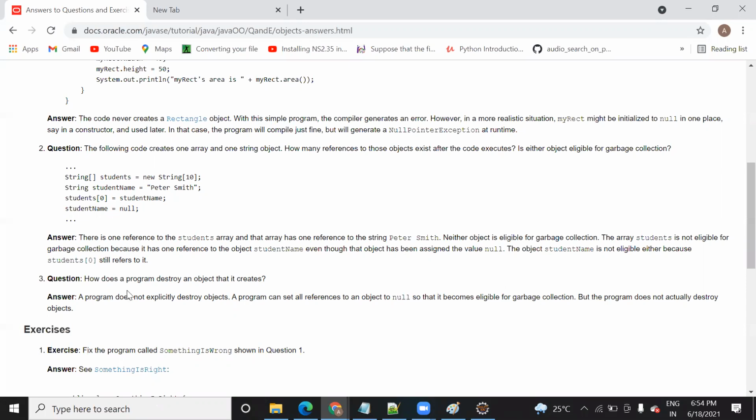And now another thing: here it is saying how you can destroy the object once you create it. In Java we don't need to destroy it. Java will take care of it. It automatically deletes or destroys the object when you don't need it.